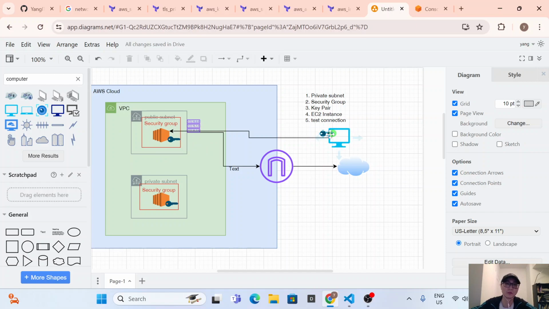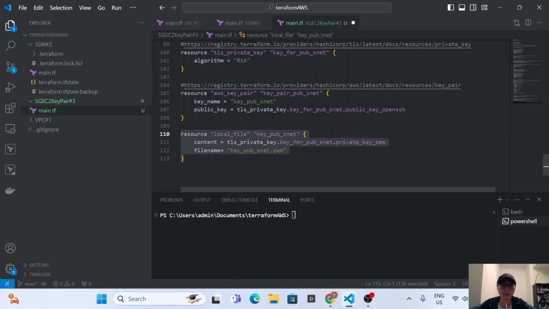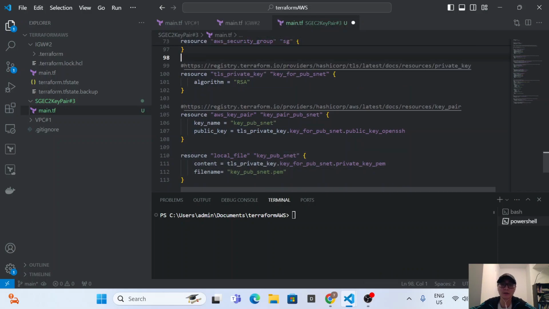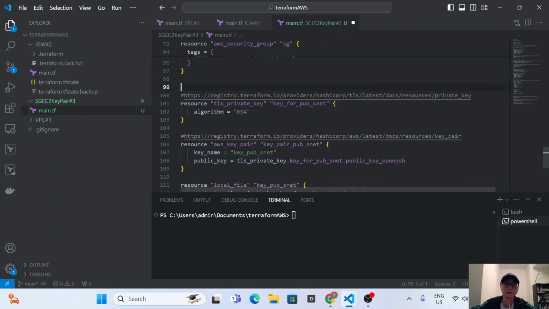So we are using the private key to access the EC2 instance, and later I will create another key pair. This one is for our EC2 instance under the public subnet,